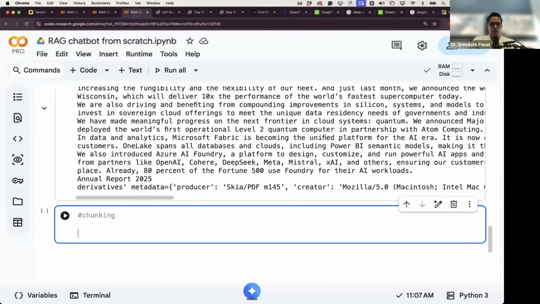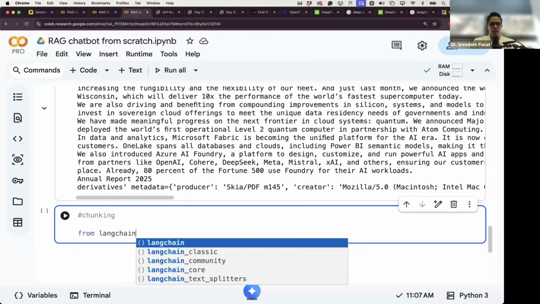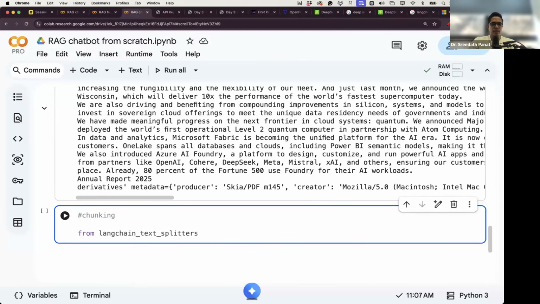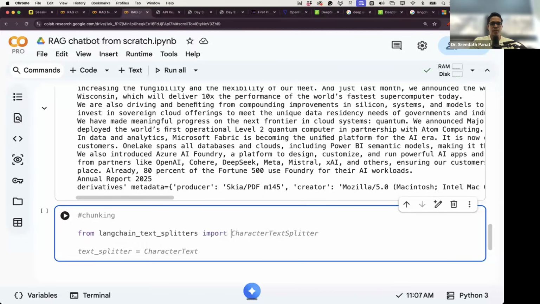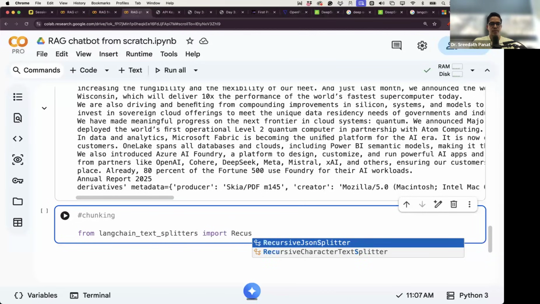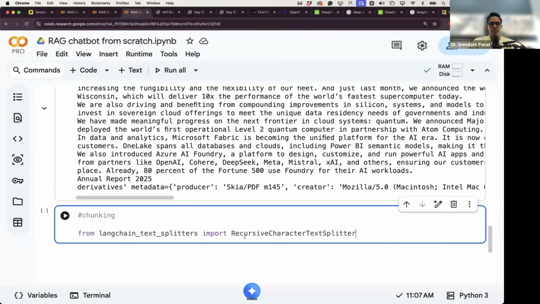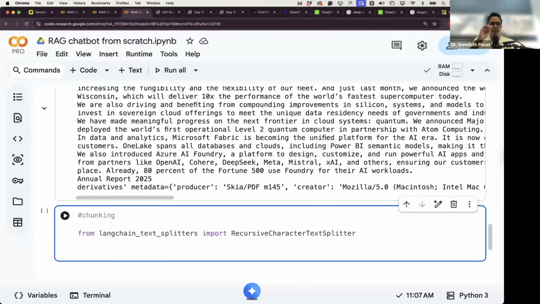So for chunking, you have to use from LangChain text splitters import. So here we use recursive splitter. So recursive character text splitter. And then text_splitter equal to recursive character splitter of. And then here we have to define